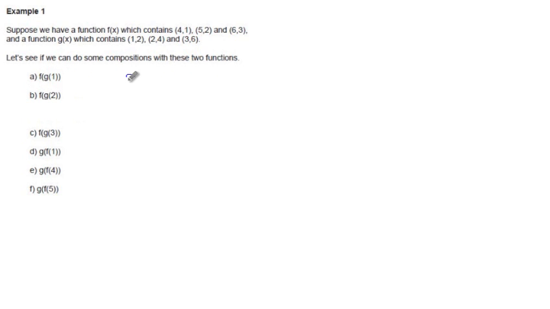When you're given something like f of g of 1, you essentially start in the middle of this and dig your way back out. So this means begin with the value 1, take that value and put it into function g, see what it gives you, then take that result and pass it on to function f. So if we begin with value 1, we give that to function g. It says here g will give you back the value 2,